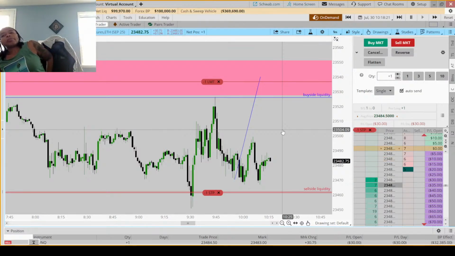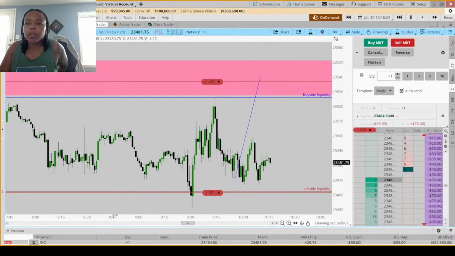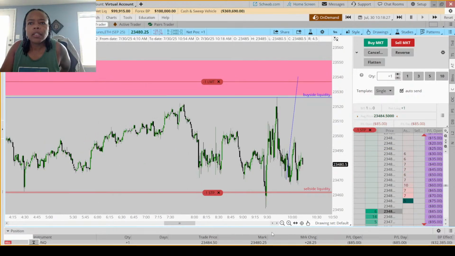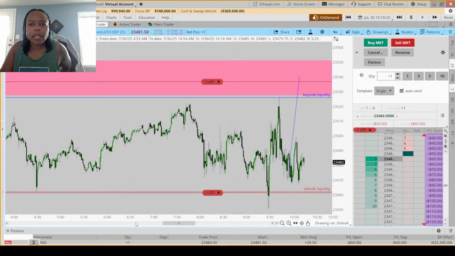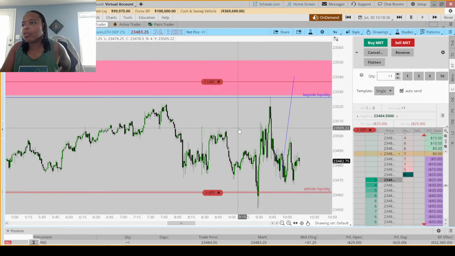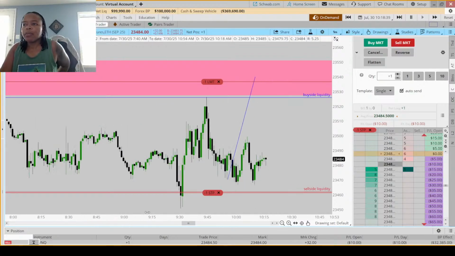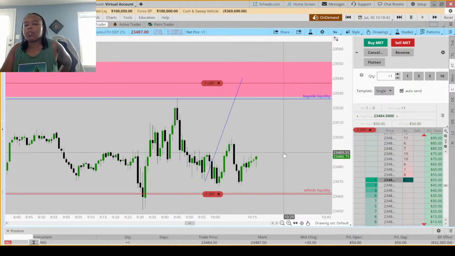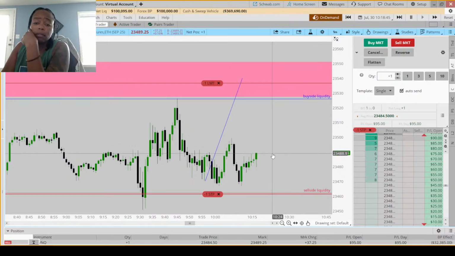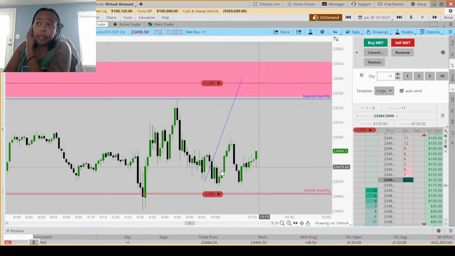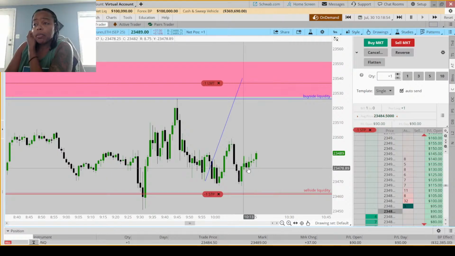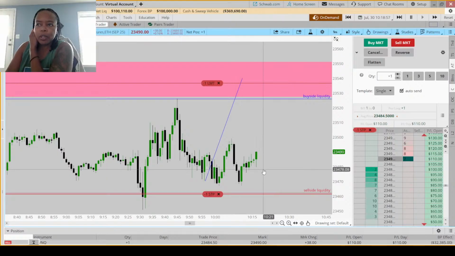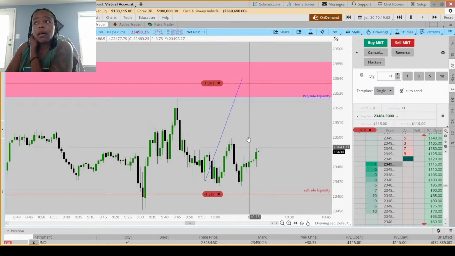But yeah, that's the only potential entry, and the only reason this would look even remotely decent is because of the sweep. I would be thinking about any fair value gap in the space, like a higher time frame one that might be holding price up here too. Don't know if we have that though. So once she moves up here, as we're pretending we got our entry right here, we would be moving our stop to just about break even. And then, yeah. But this is nice.